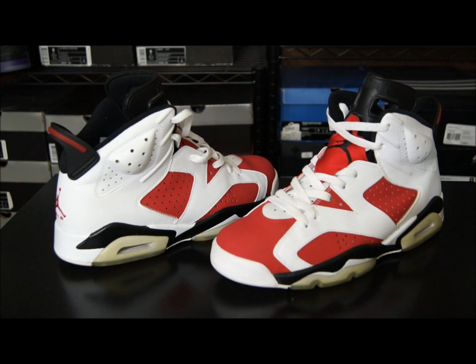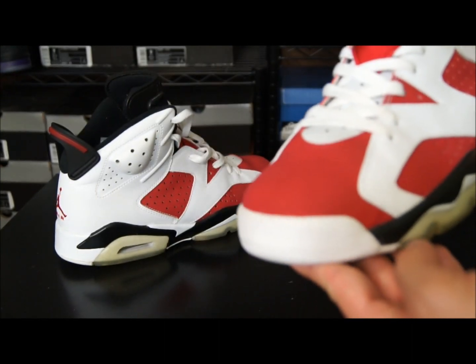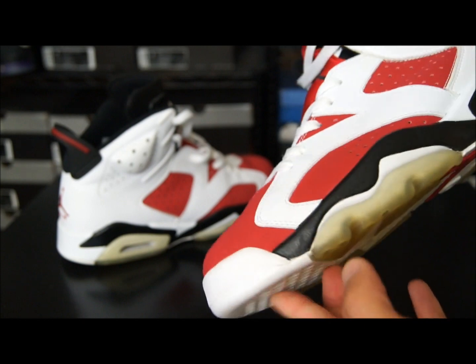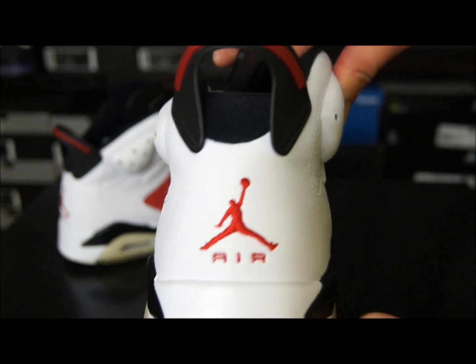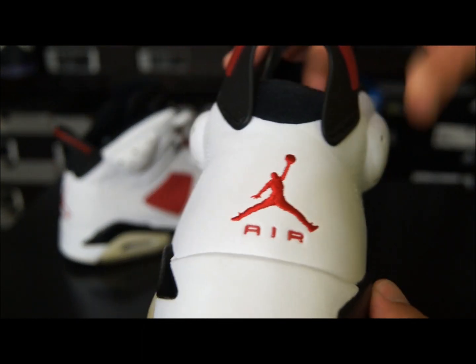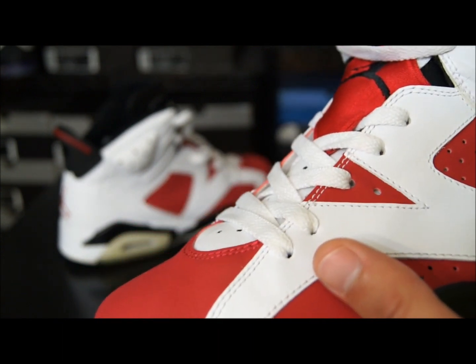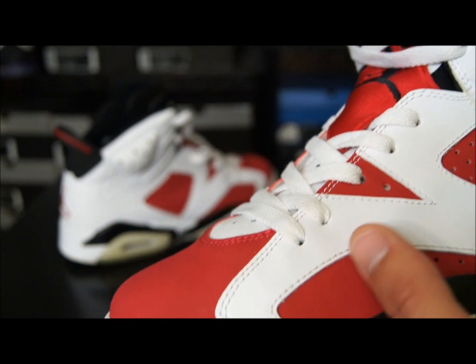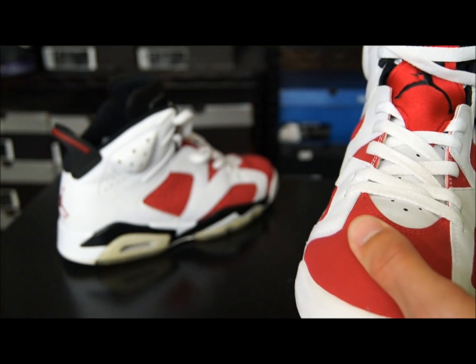This is the most favorite that I have, at least in my possession. I actually don't really have a story with these. All I can really say is that this is the first shoe that I actually went out and stood in line for. These came out in the Countdown pack back in 2008, and I think I went down to a mall. It was like the only mall that had them, and it was a little bit less than an hour away from where I was living at the time, and it was the only mall in the area that was going to be receiving the shoes that was at least close to me,